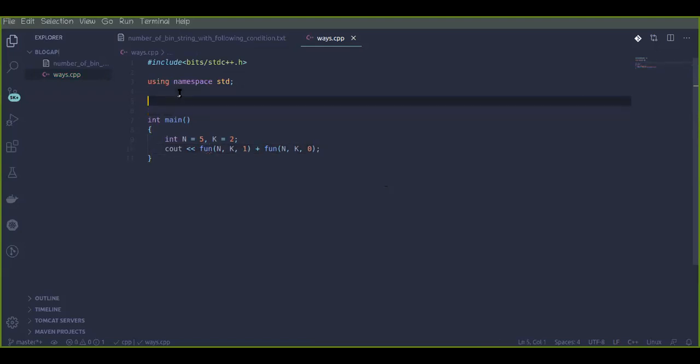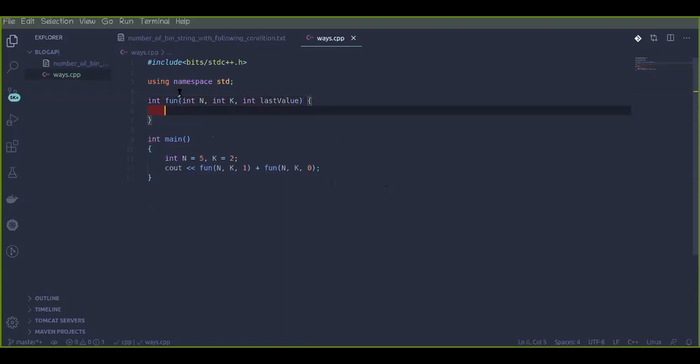So basically it should be int fun, with n, k, and the last value. Now, what would be the base condition? We are traversing from the last to the beginning, so we would like to end our recursive call at the zeroth position.